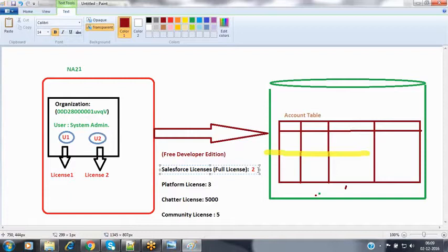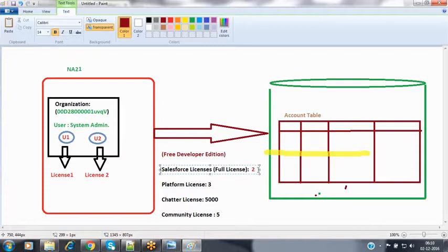If the feature can be implemented with the ready-made features, then we implement it that way. If the ready-made functionalities are not supported, then at that time we have to go for development. So you should have access to the admin features and the development features, all the functionalities. For that, every developer has to be granted access with the Salesforce license, and along with that, every developer should have the system administrator permission.